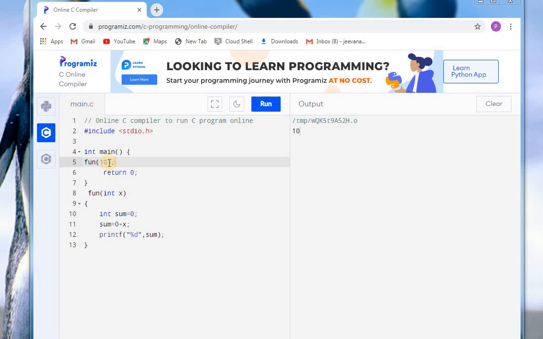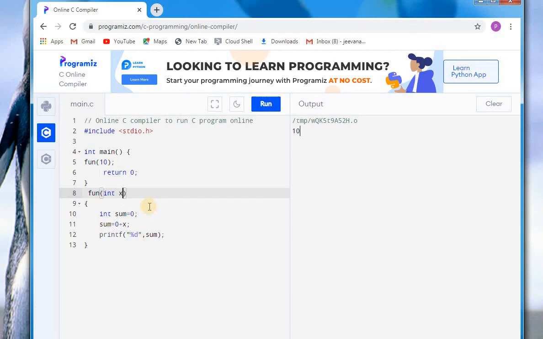See here, as this is of no return type, I'm just passing a value that is 10 into this variable x. When I pass this value into this variable x, this whole code will be executed, that is sum is equal to 0 plus x, that is 0 plus 10. When the compiler comes to the print line, it prints the sum, that is the value 10.